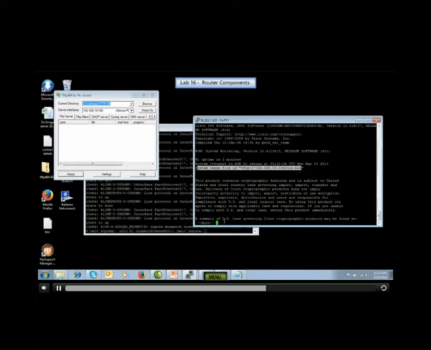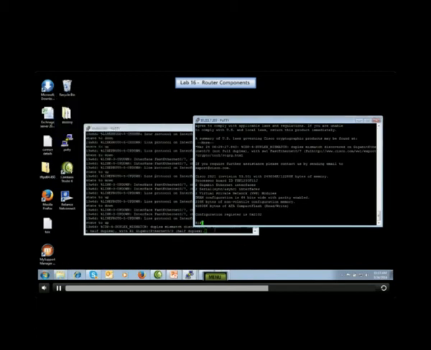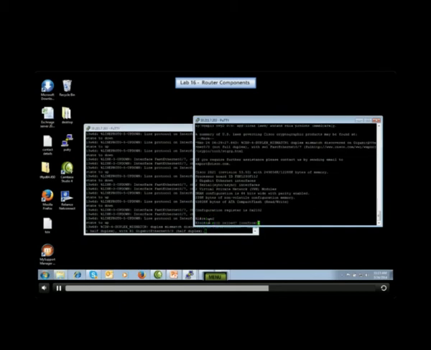So now let us see how we can remove that. It's very simple. If you remove that command, then by default it can boot from the flash. That is one option. Option number two, I can close the TFTP server. If the TFTP server is not available, then by default it will try to load from the flash. That also we can cross check. I'll just close the TFTP. Now if I say reload and confirm,